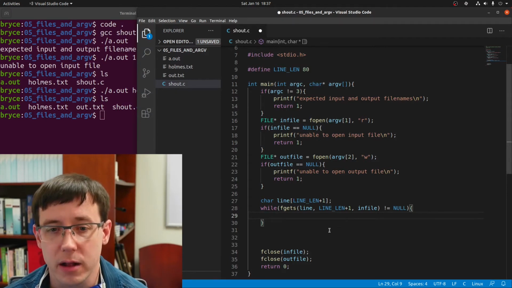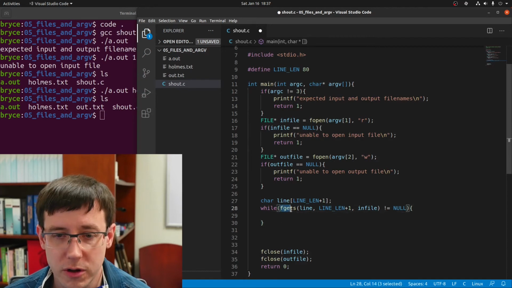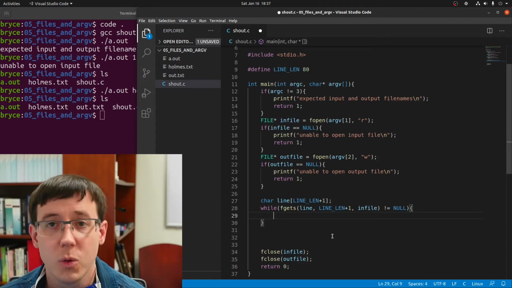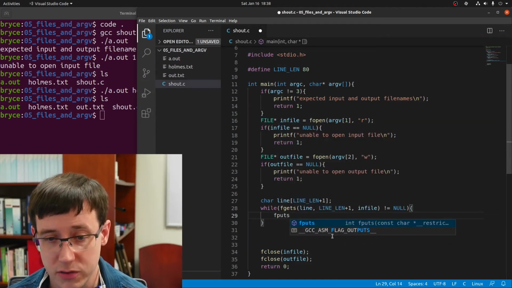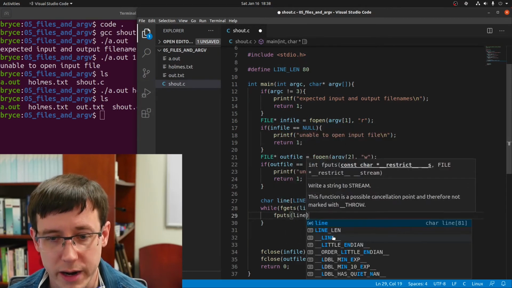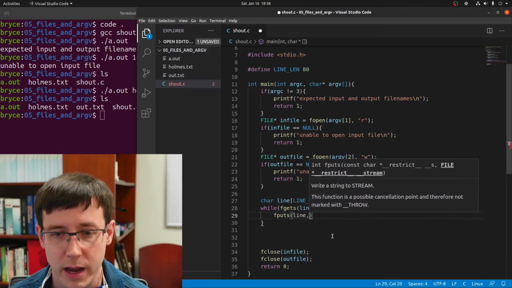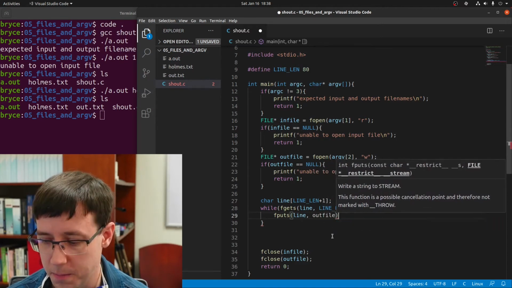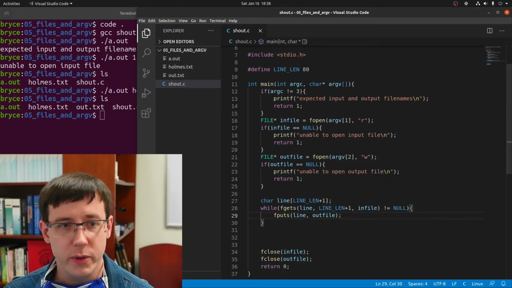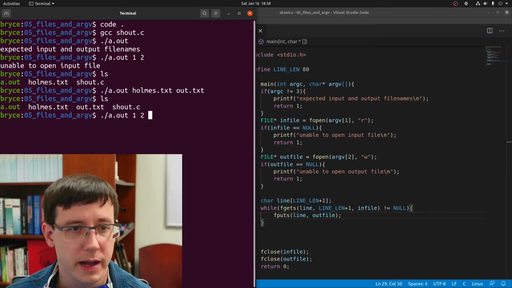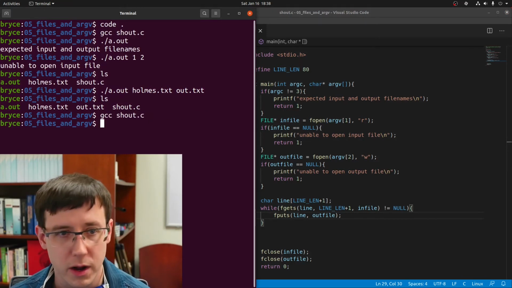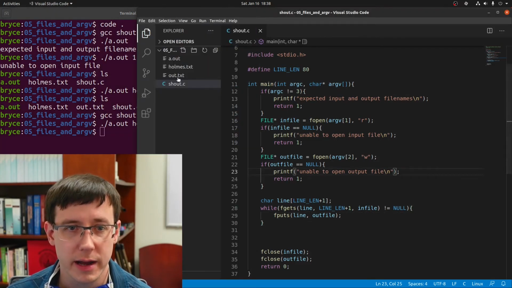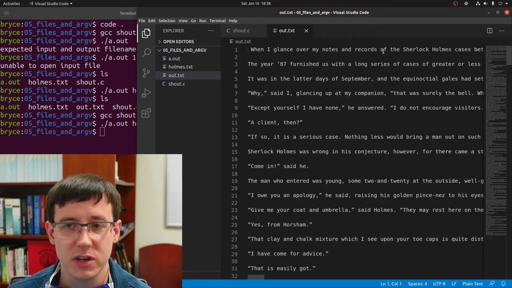the output file. So we've called fgets and read into the line variable. We can use the fputs function to write a string, that is a character array, into a file for writing, like the out file. So now, if we save, compile, and run, if we take a look at our out.txt file,